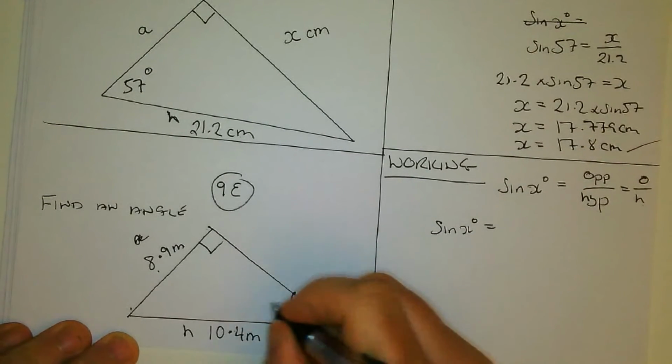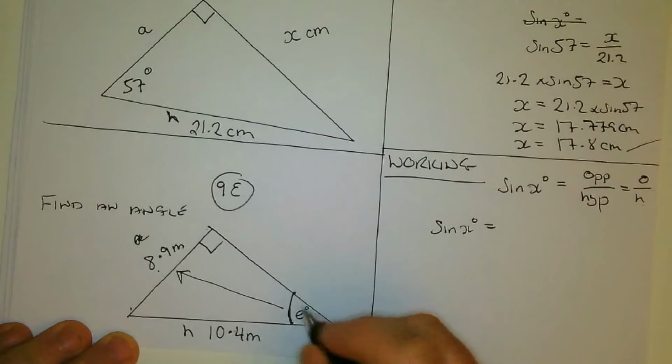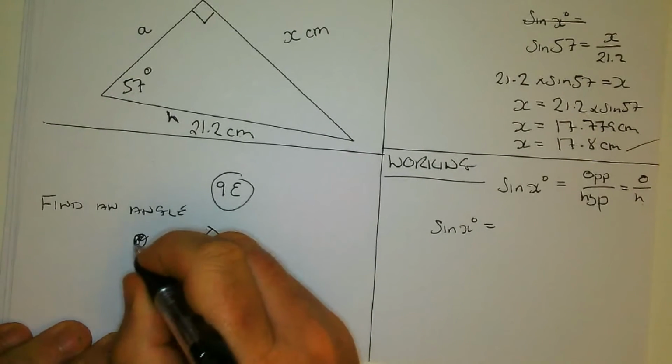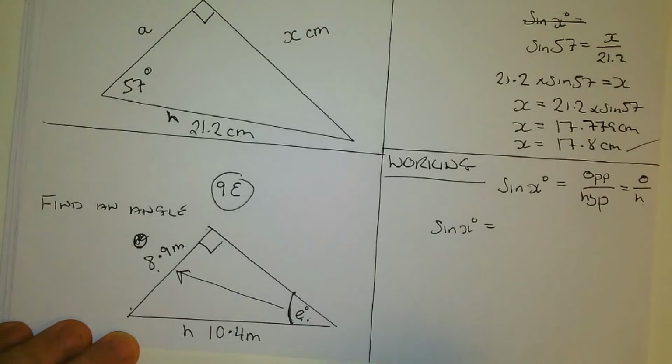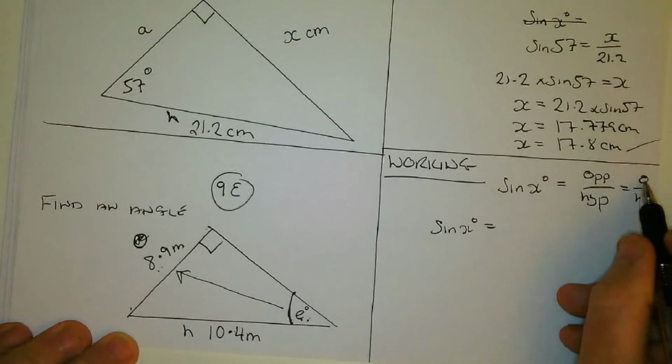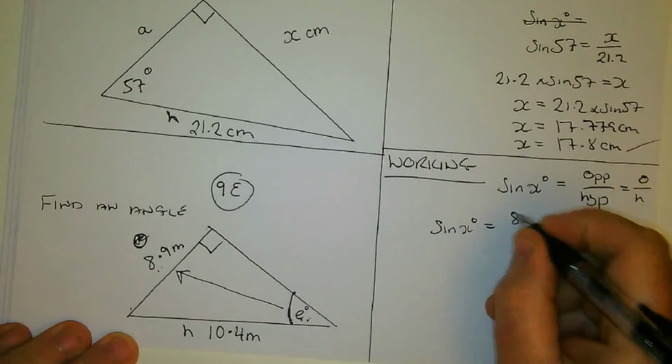There's the angle. So the side opposite the angle is the opposite. Mr. Connell, I haven't had my Weetabix yet, guys. So that there is opposite the angle. So there's your O there. So I'm going to sub in O is 8.9